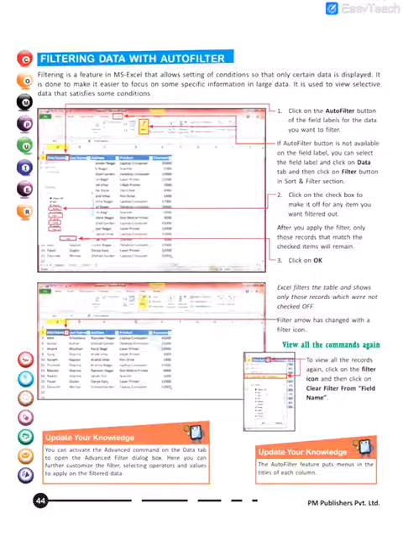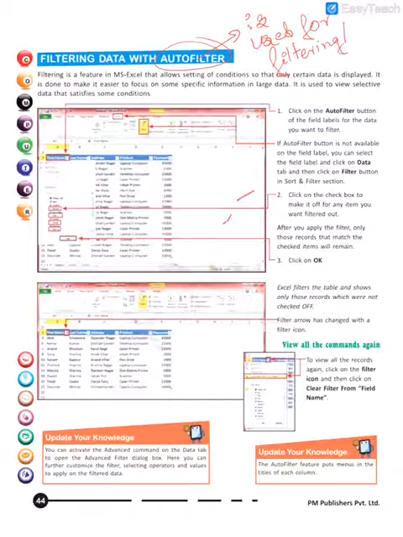Now filtering data with auto filter. Auto filter is used for filtering or searching values.